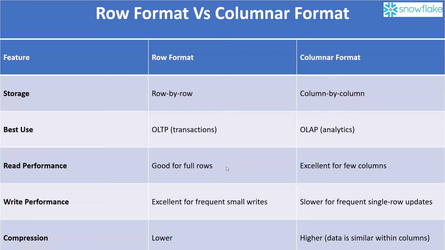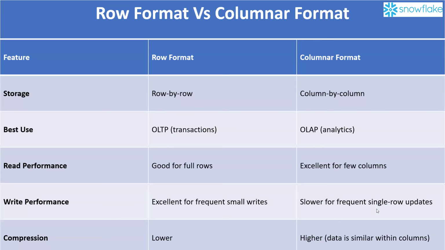And here write performance is slower for frequent single-row changes. In a data warehouse, data won't change frequently, but in your OLTP system, data changes frequently. For example, you withdraw some money from an ATM, and it will update your balance then and there, right? It is so fast because you are using it in your day-to-day things. So here OLTP comes into the picture, but for analysis, the data won't change frequently. It's non-volatile data.